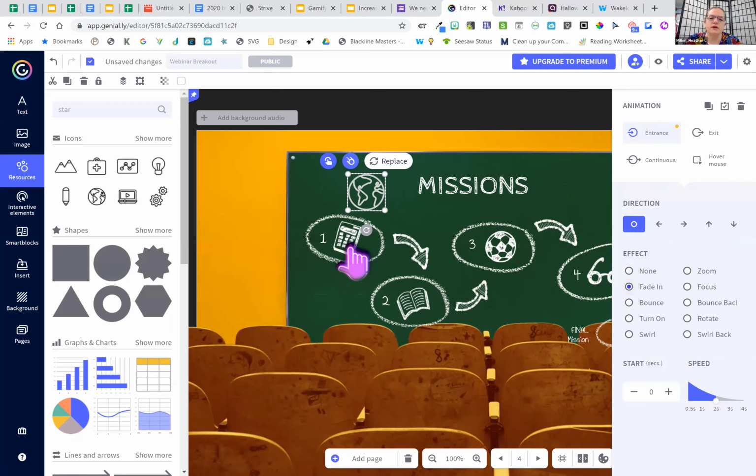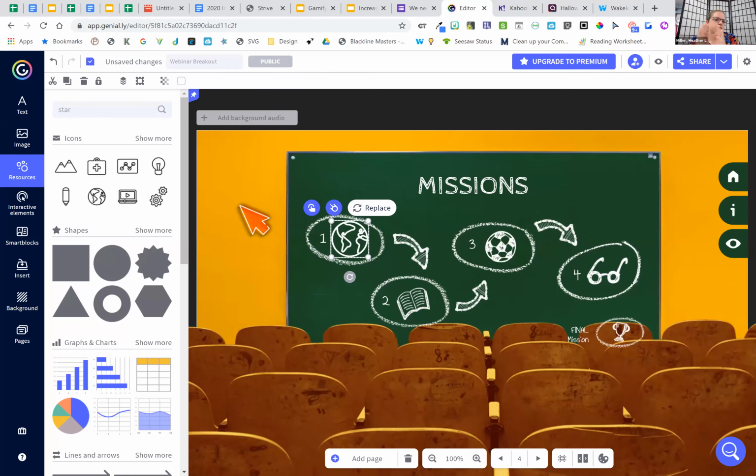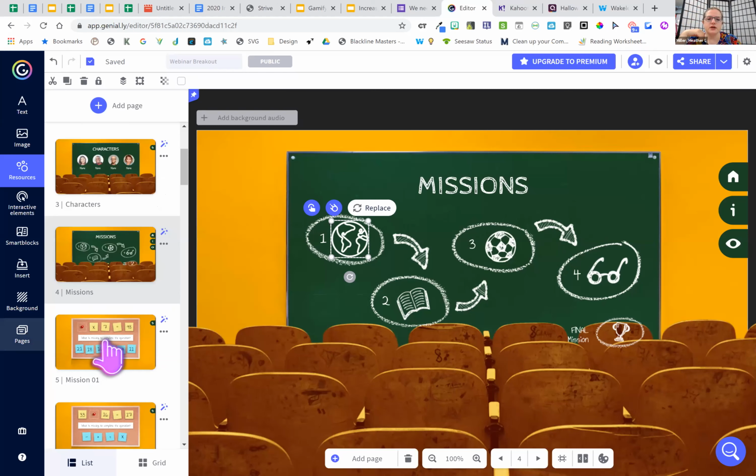So now I can delete this and I can move this one in, no problem. Now they look exactly the same and it won't mess it up. Like I mentioned before where I have split screen, it's kind of like that. I'm keeping the old one before I delete it and add the new one in, so I can make sure they look exactly the same. But everything else is set up in there for you. So you just go to each page and you can change out what's on there.